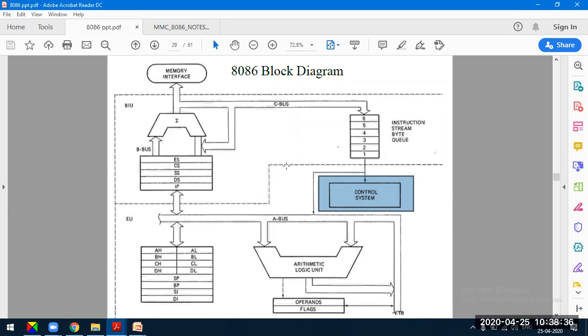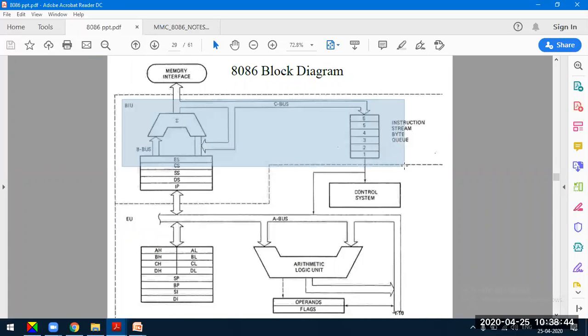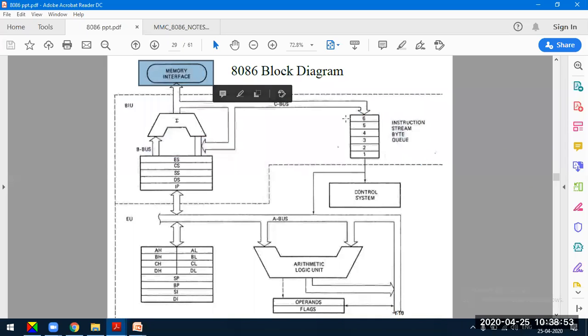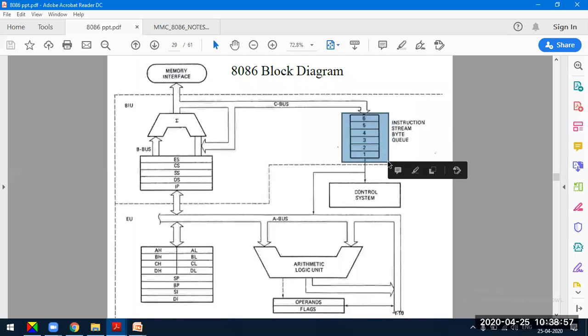That is, interfacing the bus interface unit and the execution unit. The bus interface unit basically generates a 20-bit address and fetches the instruction and data from the external memory of 1 megabyte size, and stores it in the internal temporary location, the instruction queue.